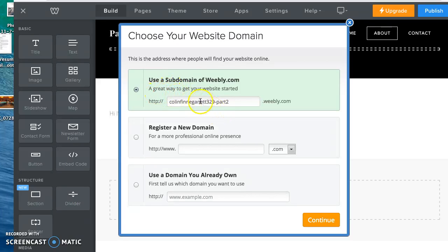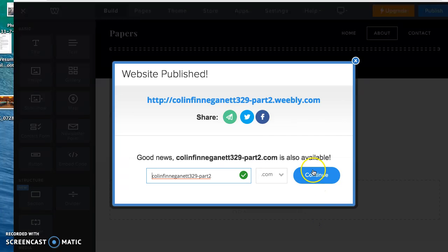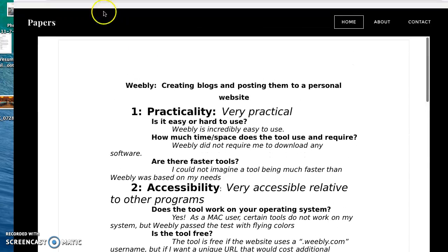This is our subdomain that we talked about. You can register for a new domain, but that is going to cost you money. So I would recommend just using Weebly's. You would hit continue, and this is the website publish. It's that easy. So you could compile all of your documents that you feel strongly about and publish them. You can add pictures as well. And then this is your website. So if I hit this site, you'll see what I just did. Boom, published,